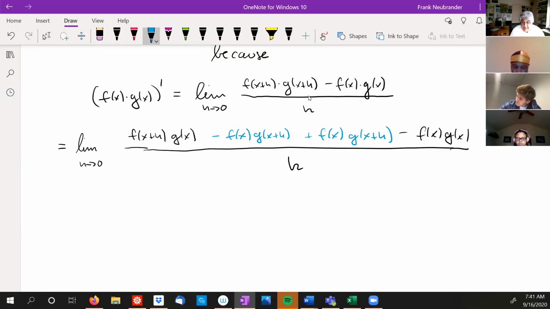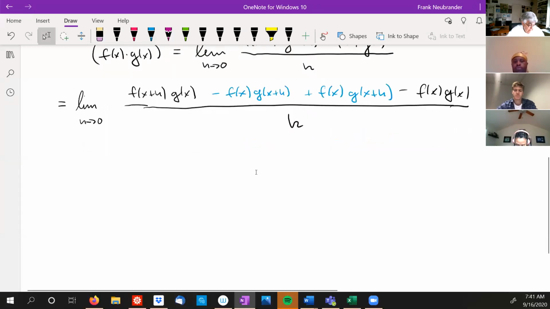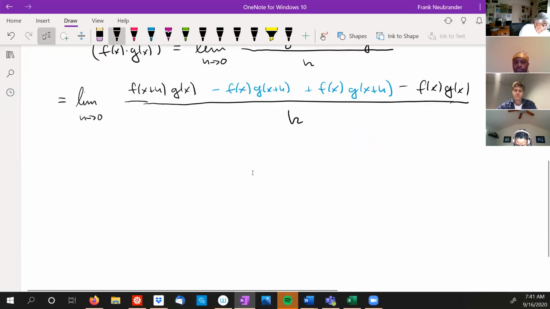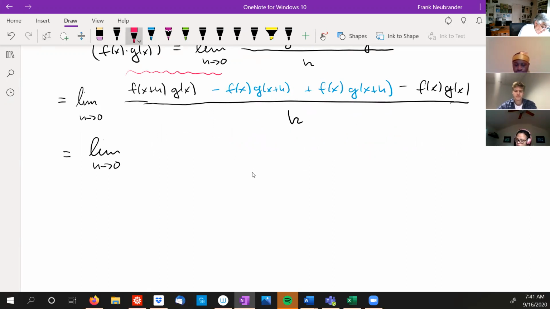So I subtracted the term and I added the same term. So I didn't change anything. It's still the same expression. But now I can factor out. So if I look at the first two pieces, this is the same as f of x plus h minus